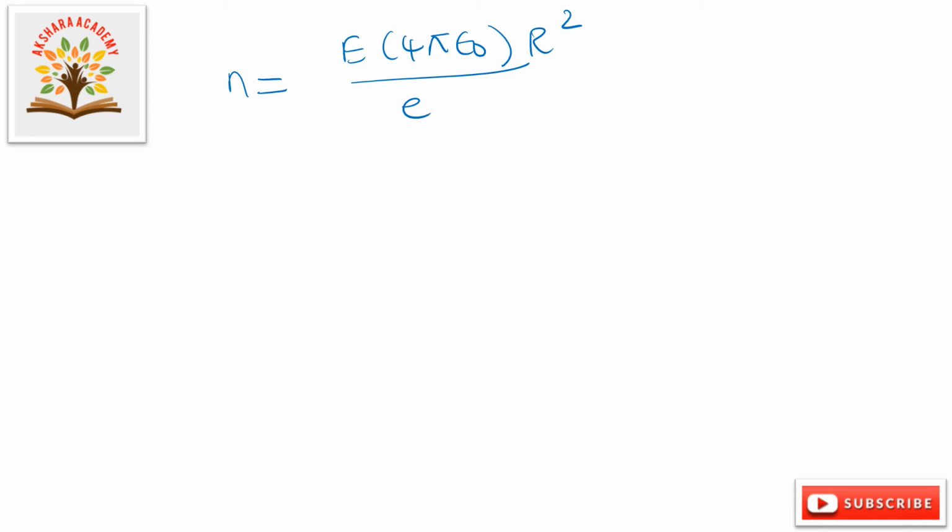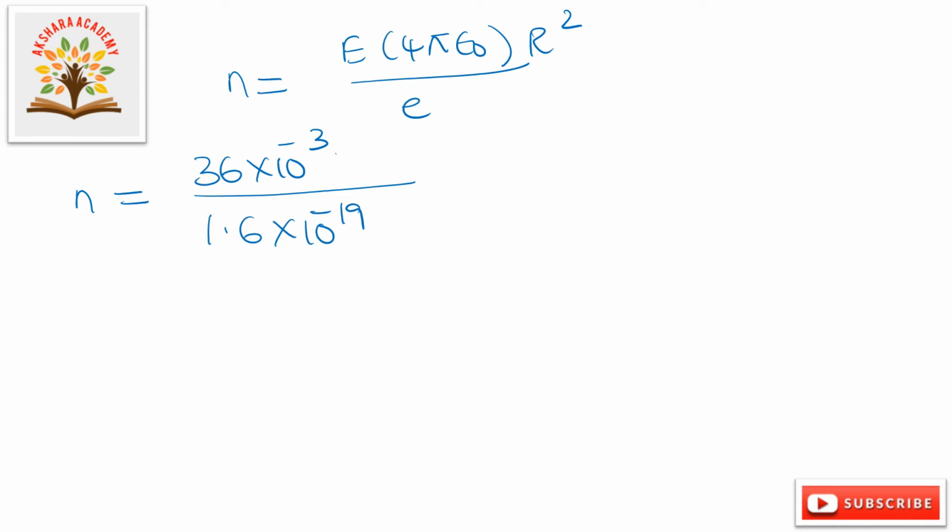So N is equal to, now substituting values, 36 into 10 to the power of minus 3 by e, nothing but charge of electron 1.6 into 10 to the power of minus 19, into 1 by 9 into 10 to the power of 9 into 10 to the power of minus 1